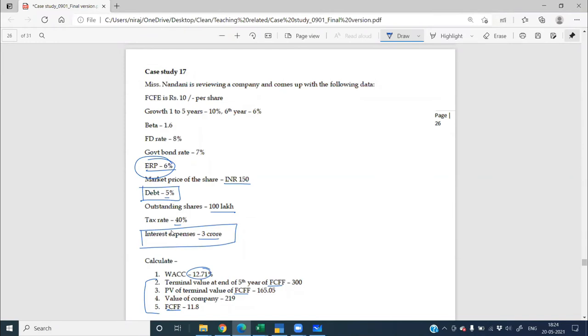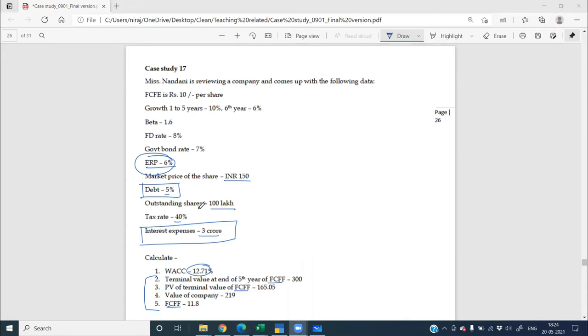Now comes the main part of the sum, which is involving all the calculations. So we will have to go to Excel and do it. But first, let's calculate FCFF, and then go to Excel. So how will you calculate FCFF? FCFF, when you remove interest into 1 minus tax minus preference dividend, what you get is FCFE. So when you have FCFE, and if I have to calculate FCFF, can I calculate? Yes, I can calculate. How I will do it?